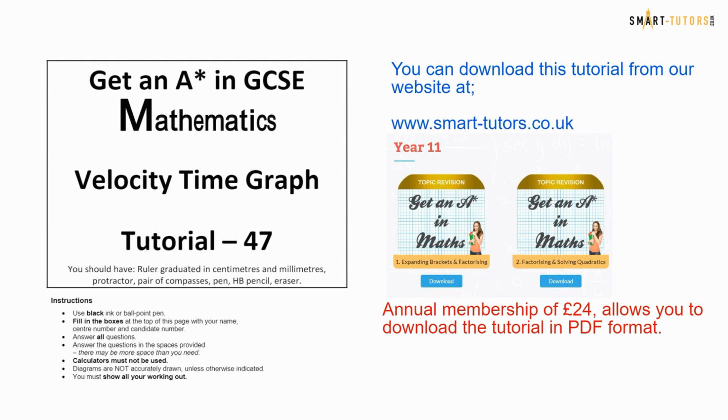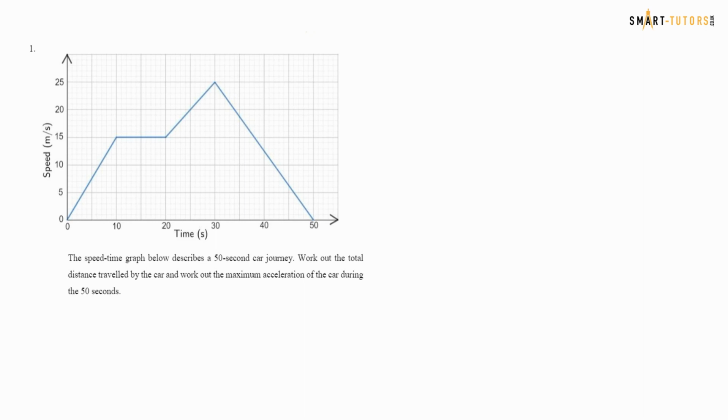Let's look at the exam style question. Question number 1. The speed time graph below describes a 50-second car journey. Work out the total distance travelled by the car and work out the maximum acceleration of the car during the 50 seconds. Right? So on a speed time graph or velocity time graph, the distance is going to be calculated by the